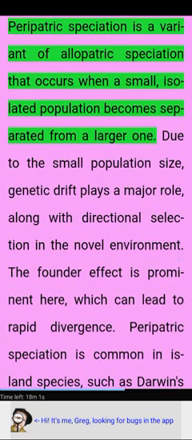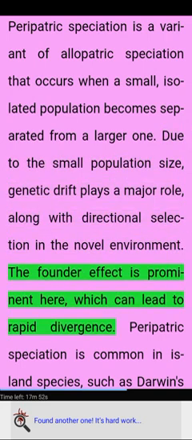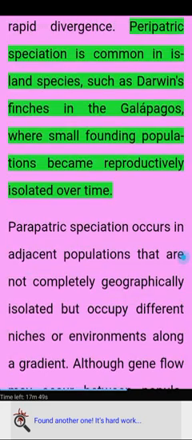Parapatric speciation is a variant of allopatric speciation that occurs when a small, isolated population becomes separated from a larger one. Due to the small population size, genetic drift plays a major role, along with directional selection in the novel environment. The founder effect is prominent here, which can lead to rapid divergence. Parapatric speciation is common in island species, such as Darwin's finches in the Galapagos, where small founding populations became reproductively